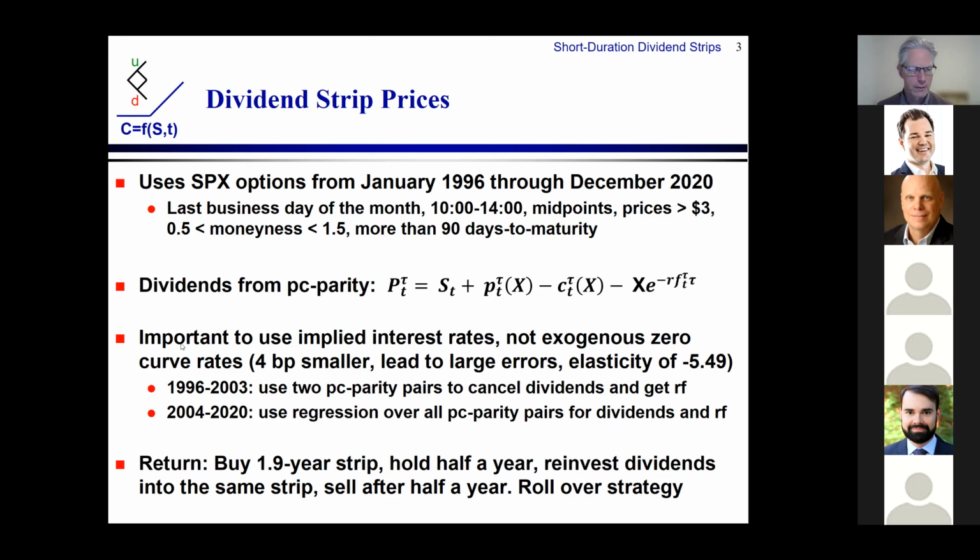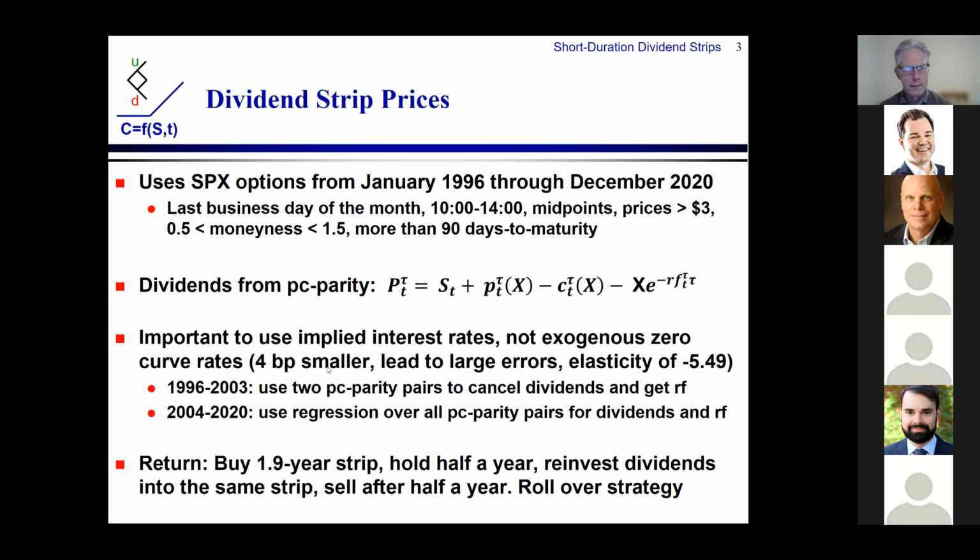Now, I'm returning to this issue here on the correct interest rate to use. In put-call parity, there is simply here the exponent of e to the minus RF. So it says use the risk-free rate. And many people use the OptionMetrics supplied interest rates. And those are zero curve rates. What we find is that these zero curve rates are not the interest rates that the market is actually using. The market is using an implied interest rate, which is 4 basis points smaller,